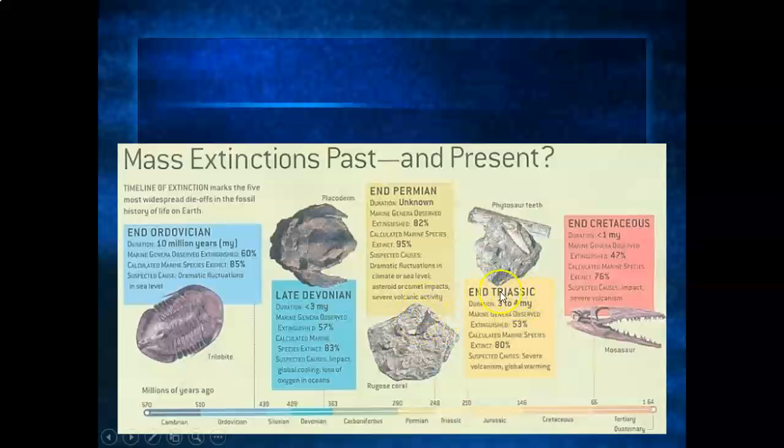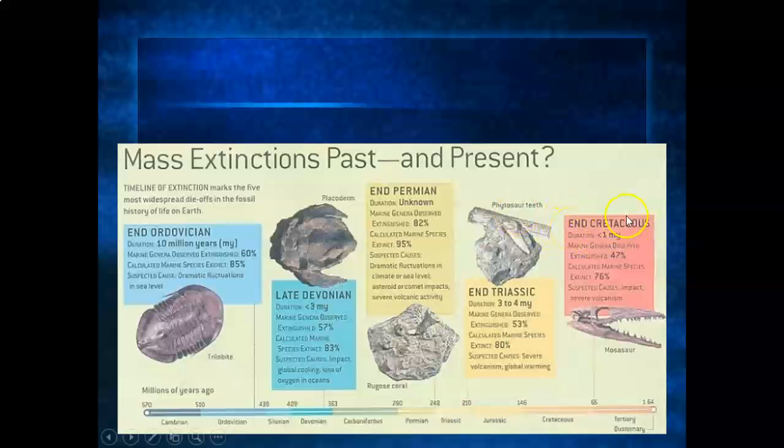At the end of the Jurassic, this is where we have our dinosaurs going bye-bye. As you can see, the extinction rate was about 80%. This caused a lot of different types of speculation, but we do believe it has to do with some type of volcanic eruption, a meteor hitting, and then climatic change, which could have been due to the meteor hitting, that caused the Earth to cool off way too much for dinosaurs to be successful.